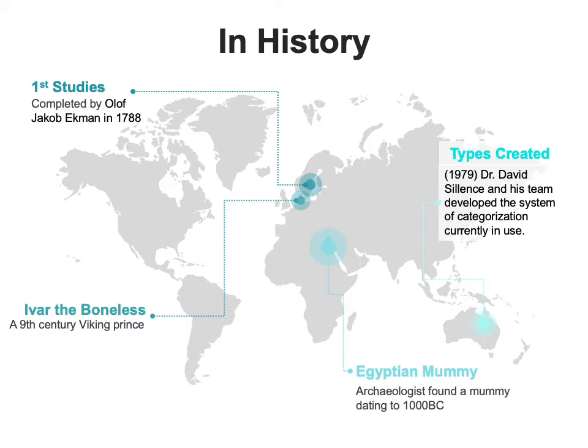Two notable things to mention about the history of osteogenesis imperfecta research is that the first studies on this genetic disease took place back in the 1700s by a man in Sweden. And then when it comes to really understanding the different types and categorization of osteogenesis imperfecta, the modern terms for the different types of OI come from research back in the 1970s by Australian physicians.